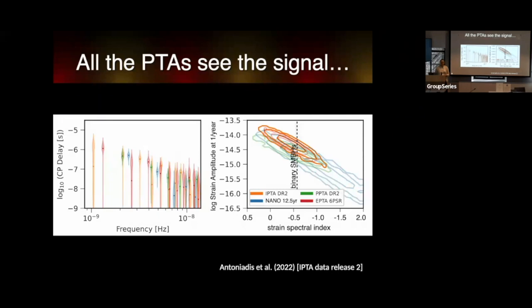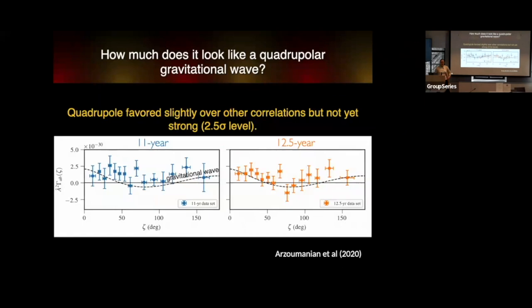So I said we do want to see a quadrupolar signal. Well, what would that look like? Now I'm plotting here what is called the Hellings and Downs curve. Does anybody not know what the Hellings and Downs curve is? I don't want to over-explain things. A couple of people. Okay, so what I'm plotting here is essentially a correlation coefficient, and it's a function of